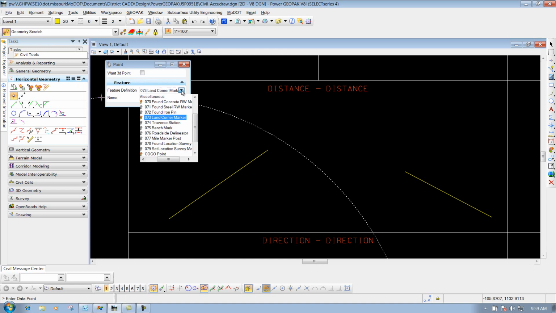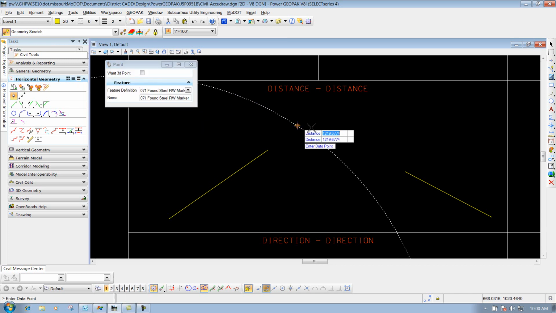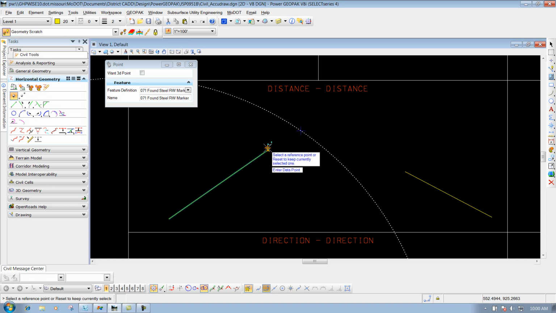a point, and let's say I'm going to come in here and I'll place this cell right here that says found steel right-of-way marker. First thing that you need to do is define where you want to begin from, your origin point for your first distance. To set that, hit the letter O on the keyboard, and you'll see now it's going to say select a reference point. And for this example, I'm going to use this point right here as my reference point, the end